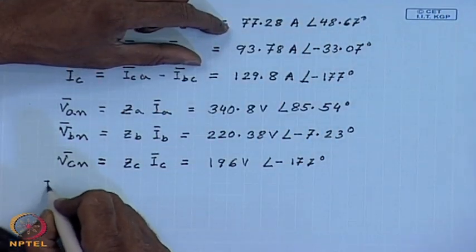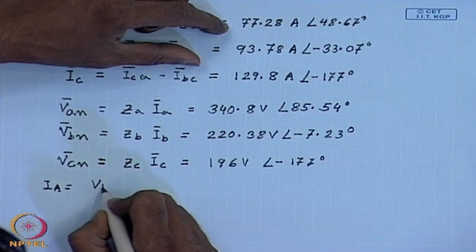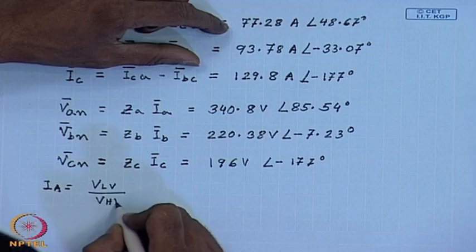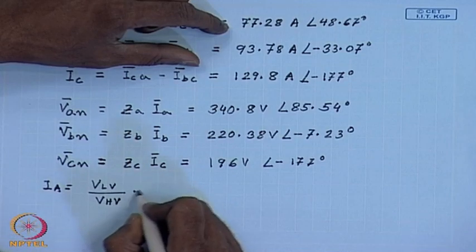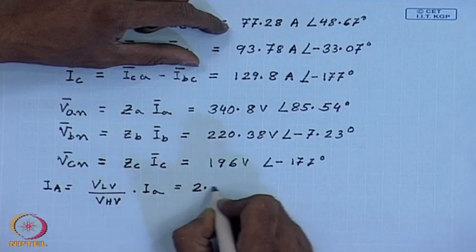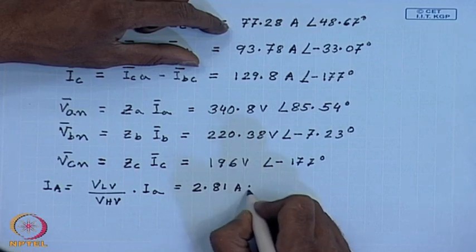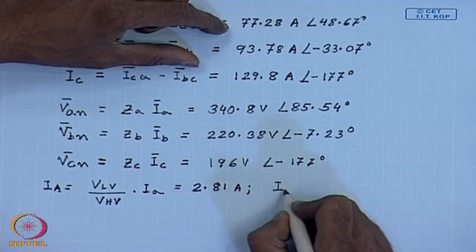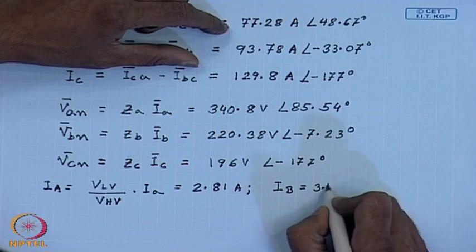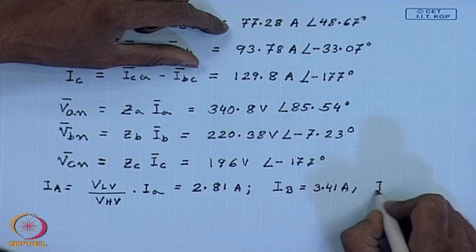Therefore, IA equal to VLV by VHV into IA. This comes to 2.81 amperes. Similarly, the line current IB comes to 3.41 amperes and line current IC comes to